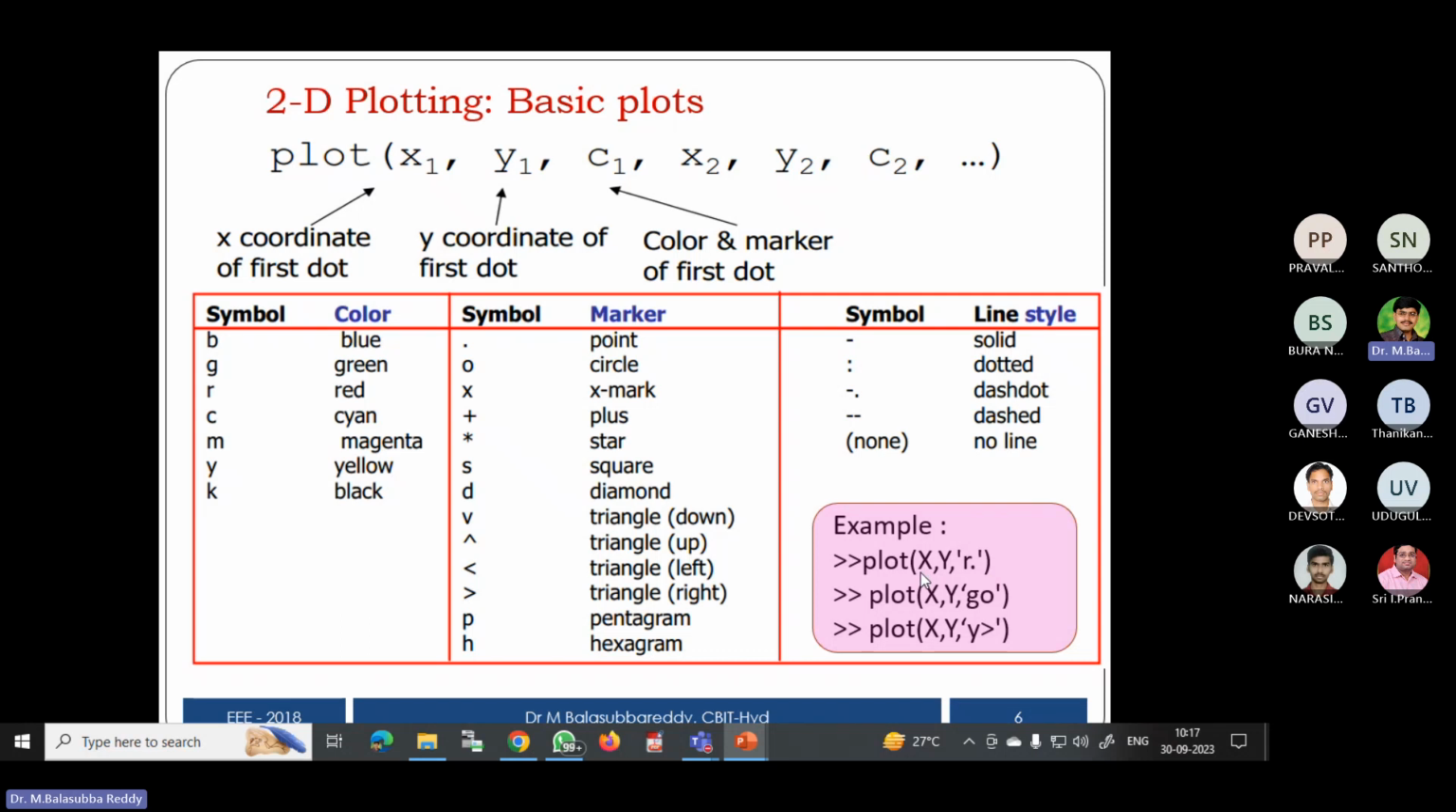And then a solid line will be plotted. But now I am specifying r means red color, dot means points. So your plot will be in red color, dotted line. This is the case. Suppose instead of dot here, you make it as